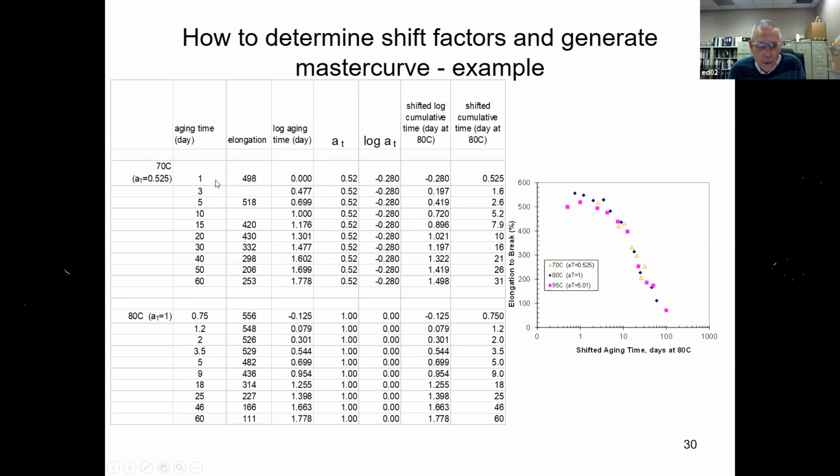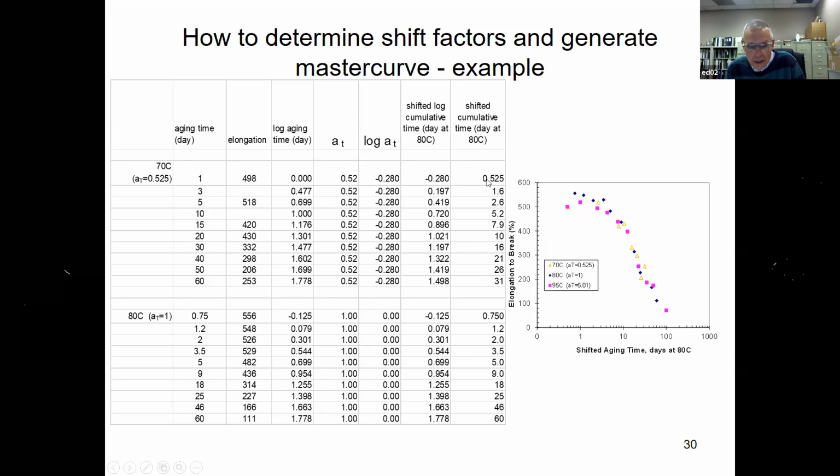So one way to do it is to multiply this time by the shift factor, and you'll get these numbers. The way we usually do it is we take the log of these aging times and the log of the shift factor, add those two together, and then take the anti-log. We don't have to do it that way, but